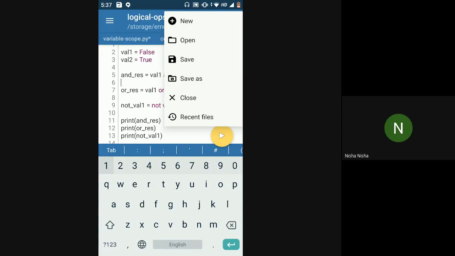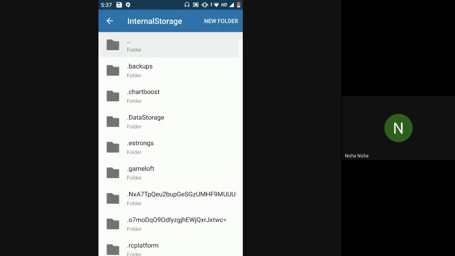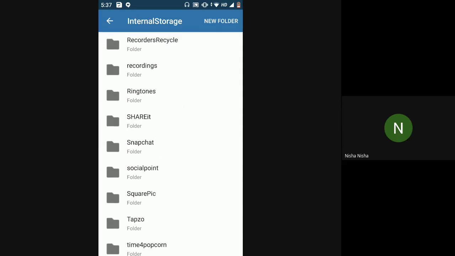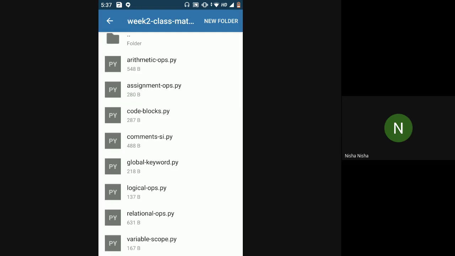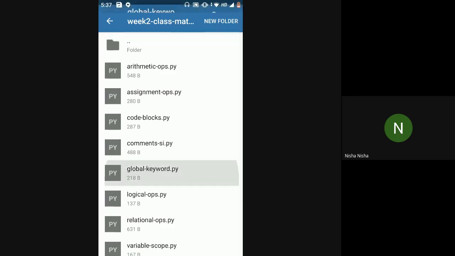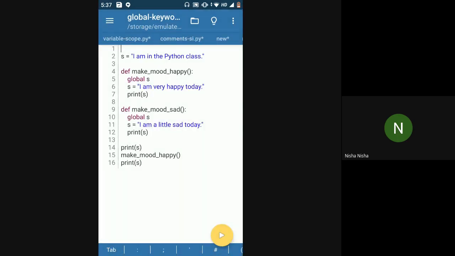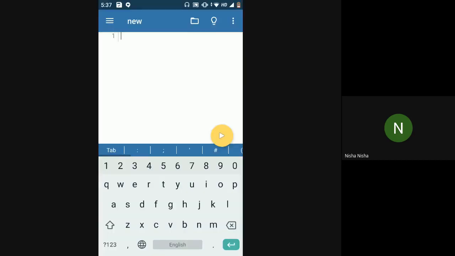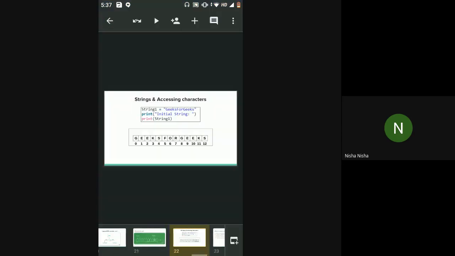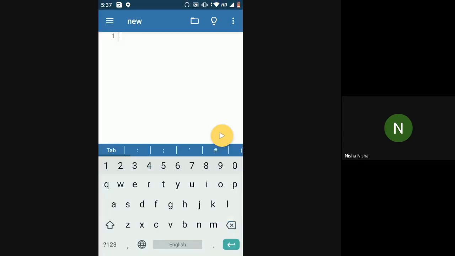So let's see what all is next. Fine. I think let's not start with strings in this session, because we'll have to go a little bit inside it, and maybe we can start it in the next session.